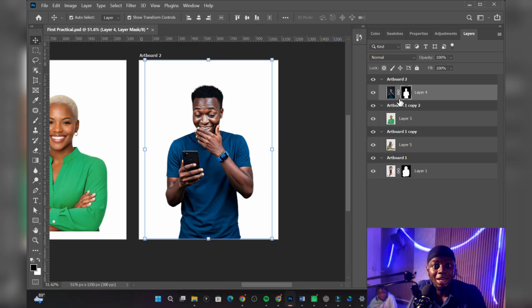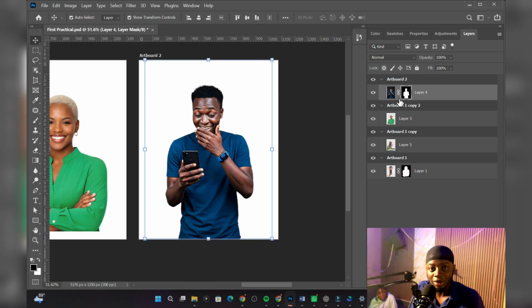So this is my assignment today. Take any 4 images and use these 4 tools to remove the 4 backgrounds and submit in the assignment group